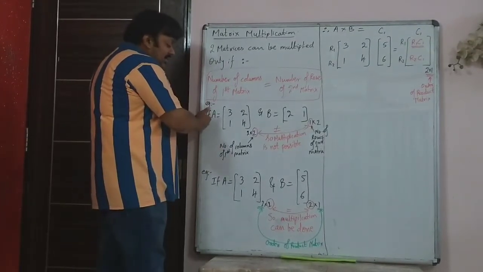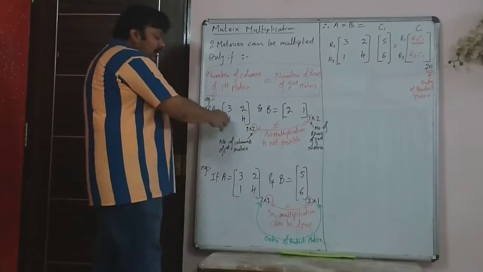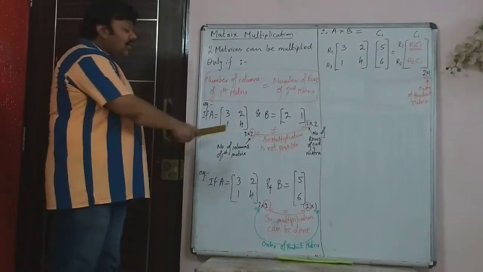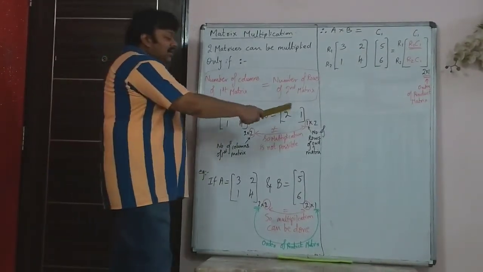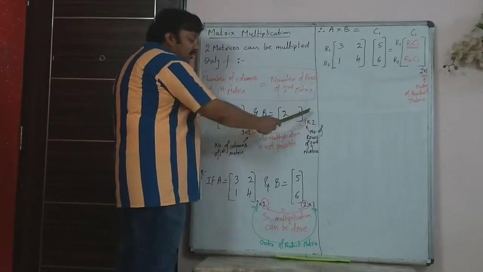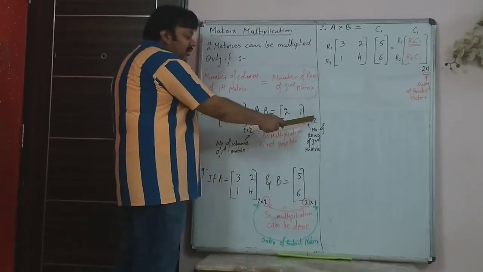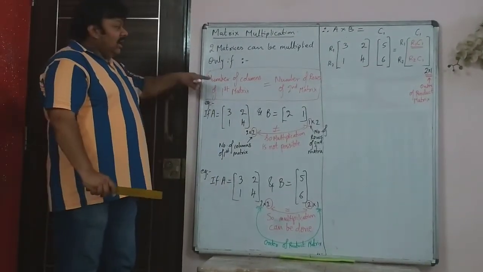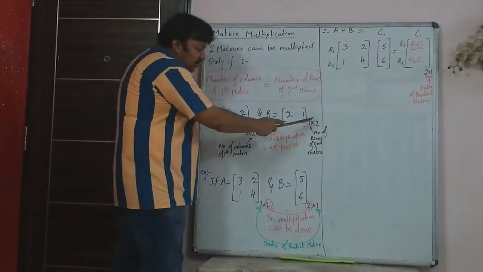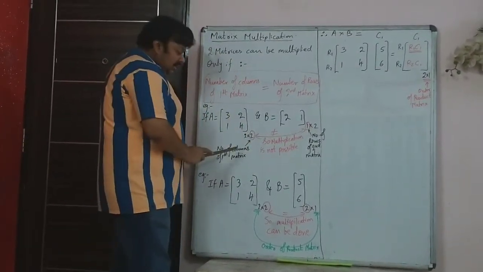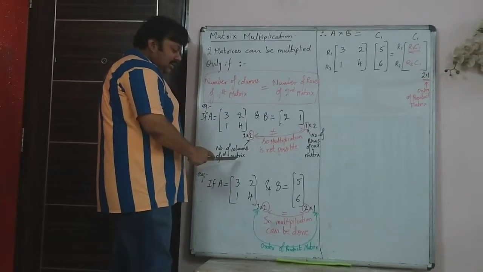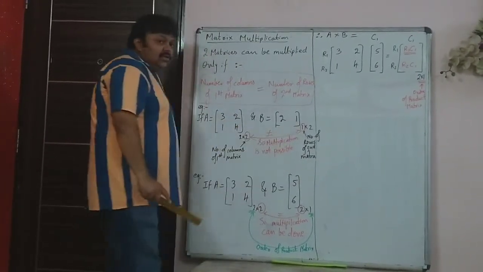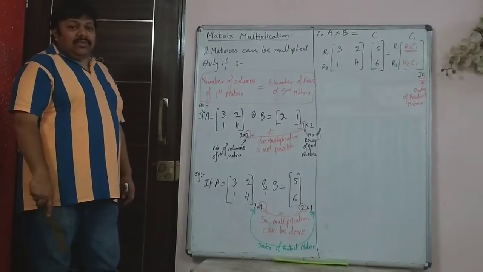Let's say you have got a matrix A. This is matrix A. Its order is 2 into 2. What the contents of the matrix are is not important. The order is important. Then you are given matrix B. Its order is, there is one row and two columns. So one row, two columns. Always first is number of rows and second is number of columns. As per this condition, these inner two numbers should be equal. That means the number of columns of the first matrix and the number of rows of the second matrix have to be equal. Only then multiplication is possible.